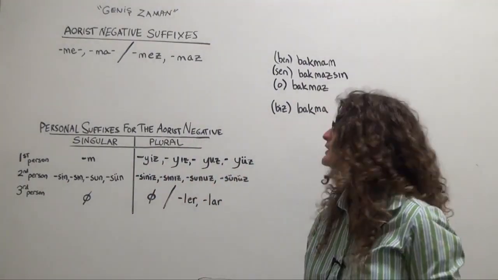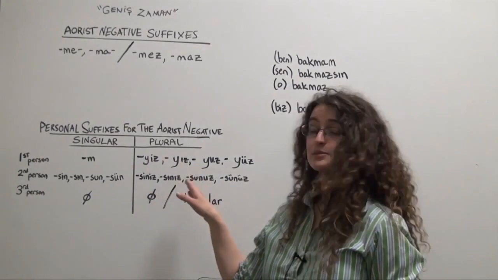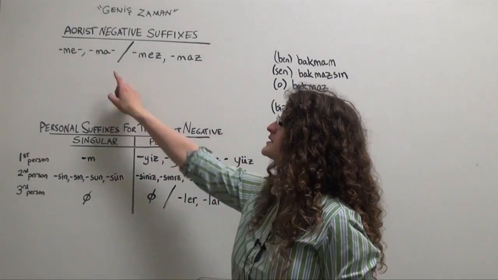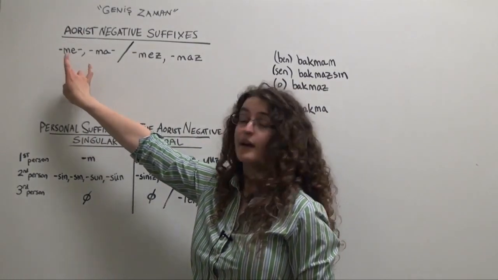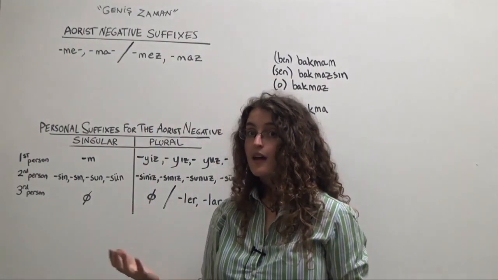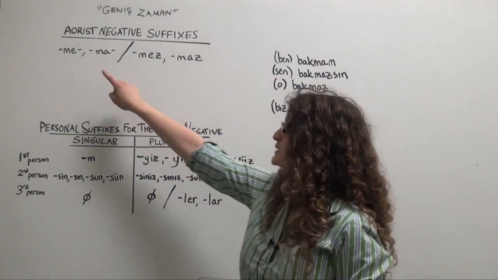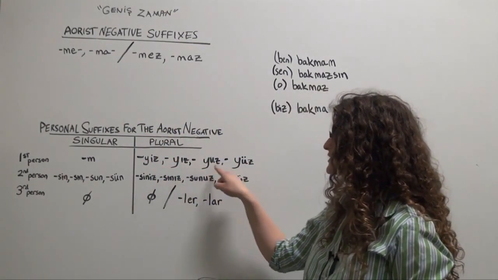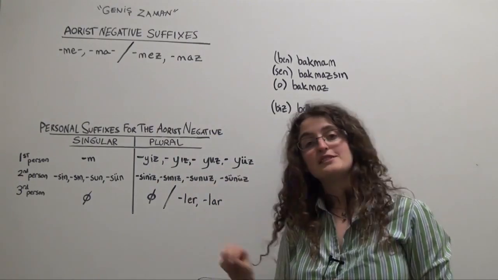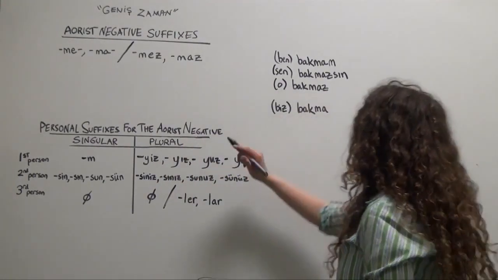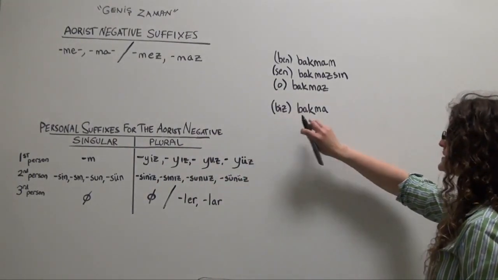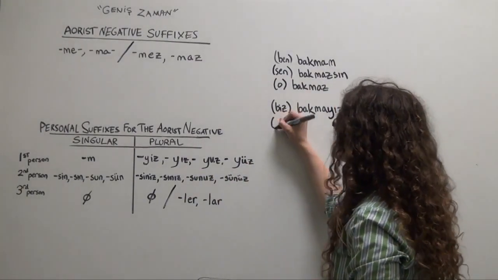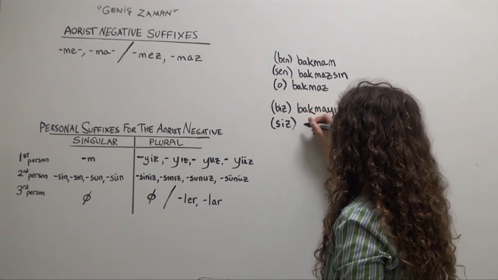Why do we have that buffer y? Well, because in the first person, the negative suffix we're adding is always going to be either me or ma in the aorist. That means that it's always going to end in a vowel, so as we go to attach is, ooze, we'll want to insert that buffer y. So, very simple, biz, bak, ma, yiz. Siz, you plural or you formal,